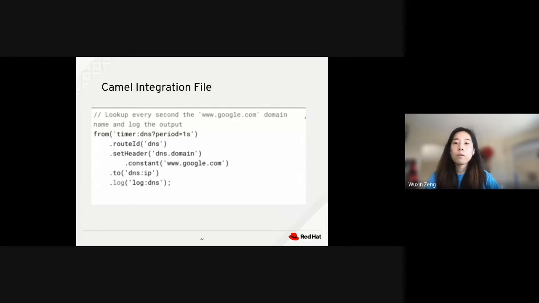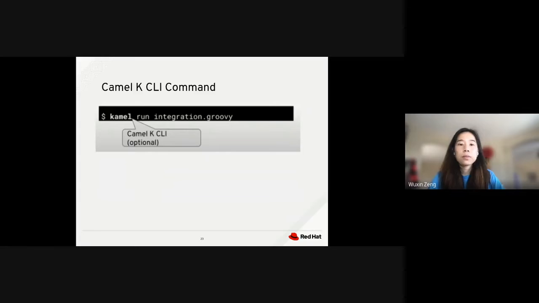And how does it work with the OpenShift and Kubernetes piece? Well, at this point, with CamelK, you only have an integration file. This file says from some sort of timer every second, route ID, set a header, and send it and log it. Once we have a cluster prepared and the operator installed in the current namespace, then we can say camel